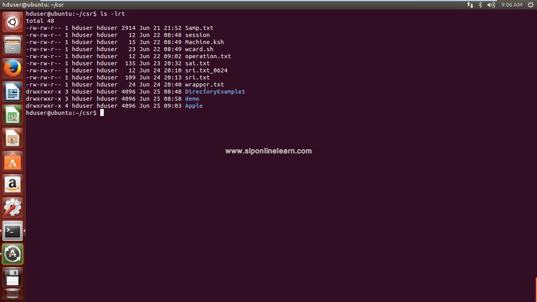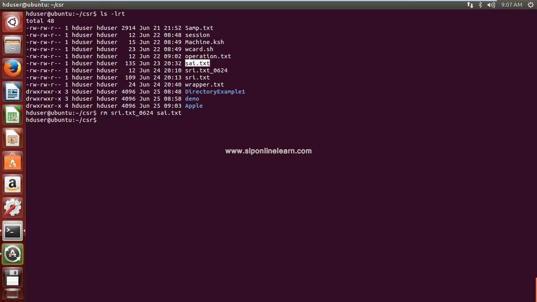See here, I want to remove this file, or I want to remove this backup file. Just for a change, I want to remove this backup file. I don't want this file. rm space, specify the file name. Here this command requires only one parameter. Suppose you give a new parameter, I mean a second parameter, and see what will happen. It gives an error message.